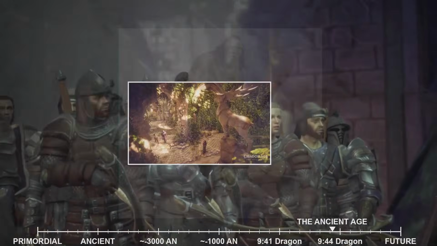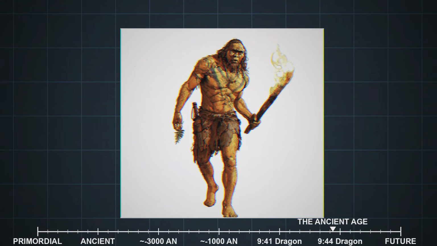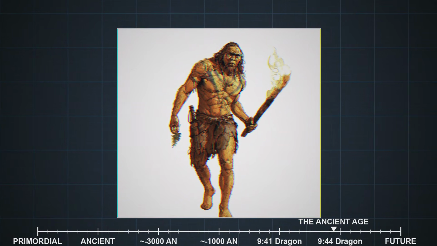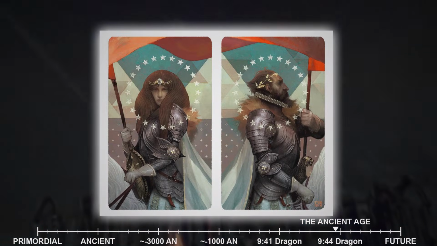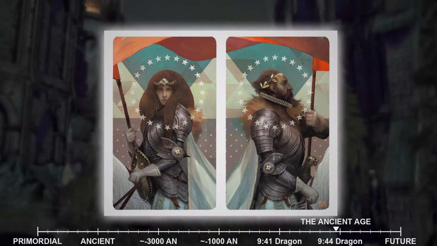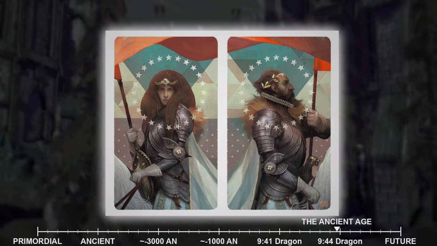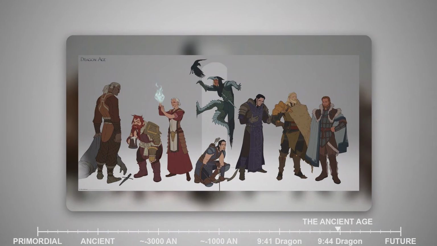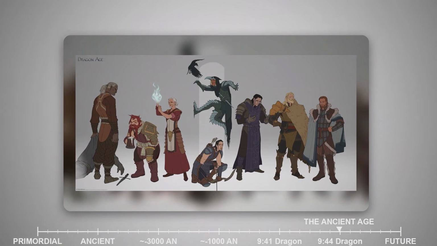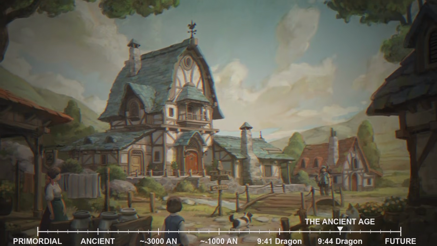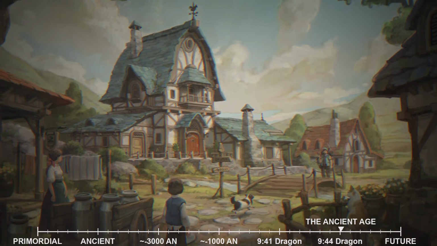These early humans were primitive compared to the civilizations they encountered. They had no great cities, no sophisticated magic, no ancient traditions stretching back millennia. What they did have was adaptability, ambition, and numbers. Human tribes began settling across Thedas, particularly in the northern regions where elven influence was less concentrated. They established villages and towns, learning agriculture and metalworking, slowly building the foundations of what would become human civilization.